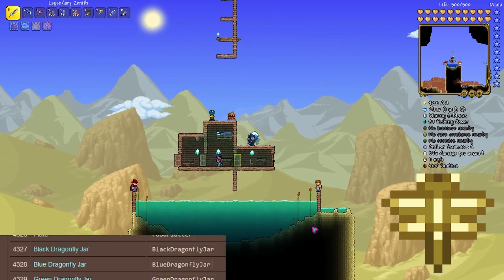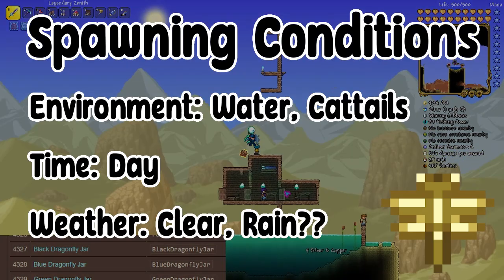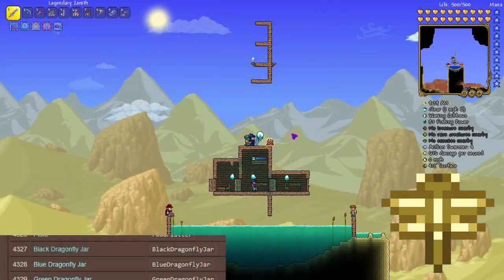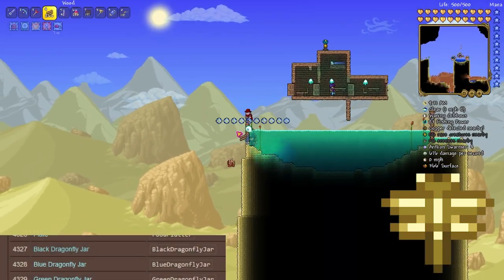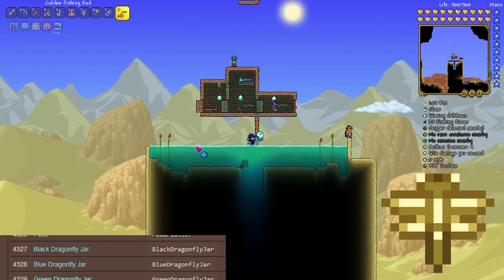I built a large rectangle structure made of sand and water with no blocks near me besides the blocks on my screen. In order to spawn, dragonflies need a sufficient amount of cattails and a large enough body of water. I couldn't find anything online giving exact numbers on how many cattails you need or how much water you need in the body of water, so what I did was I made a deep enough pool to where nothing could